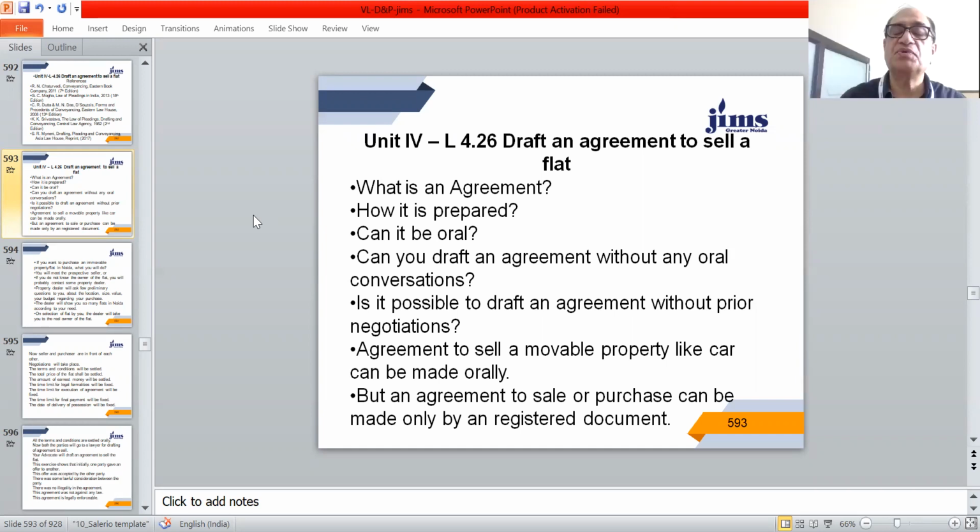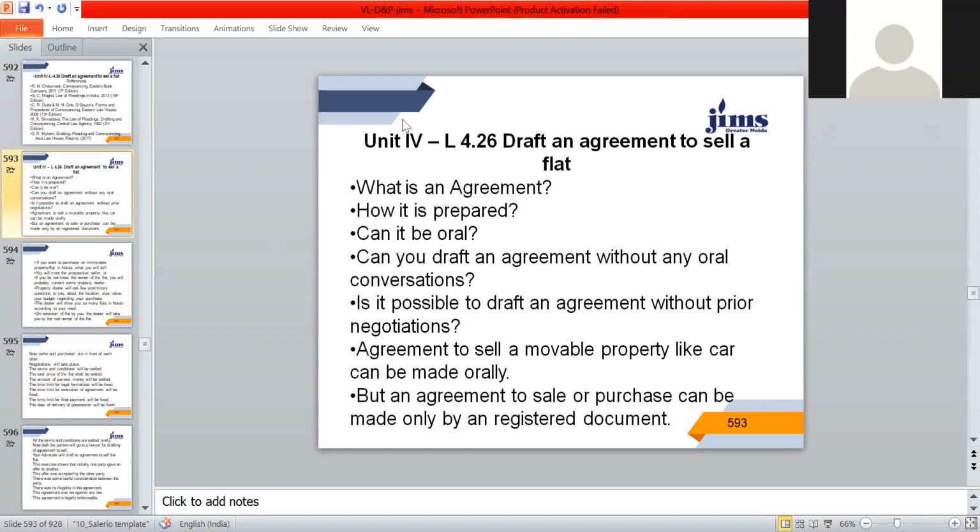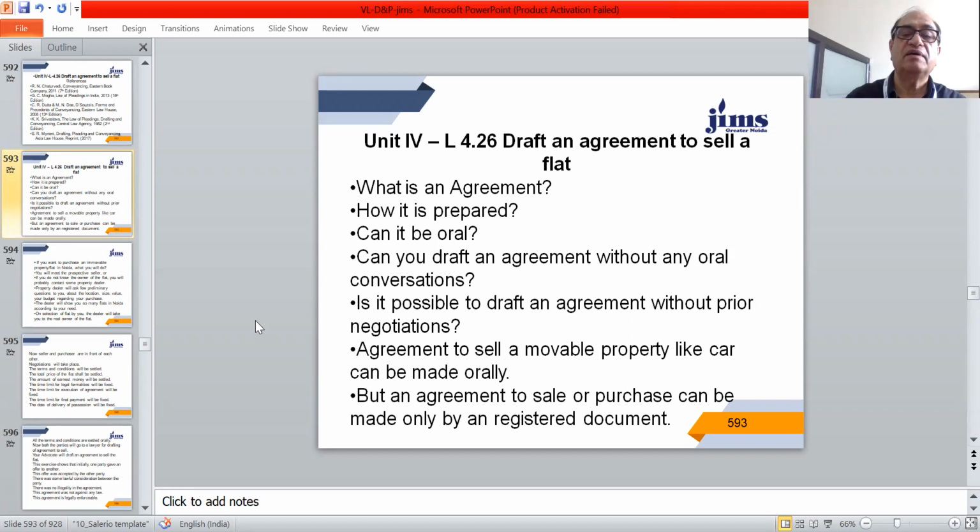Dear students, you must know what an agreement to sell is and how it is prepared. Can it be oral? Can you draft an agreement without any oral conversations? Is it possible to draft an agreement without prior negotiations? And dear students, you also know the law that an agreement to sell a movable property